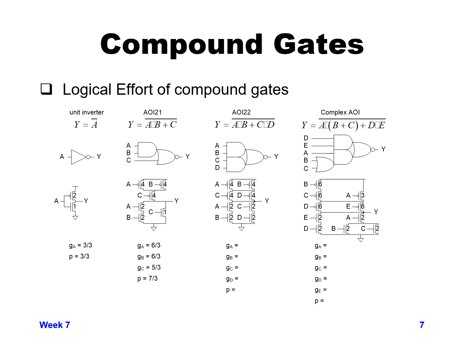Now when you get into the compound gates, that's not always going to be true. So if we look at our A input and we need to sum up the total capacitance of the A input, we have a PMOS device of size 4, NMOS device of size 2, so we get 6, and then we normalize that by dividing it by 3, so we get 6/3. For the B input, it's the same as the A input. We have a 4 plus 2, 4 for the PMOS, 2 for the NMOS, and so we have 6/3